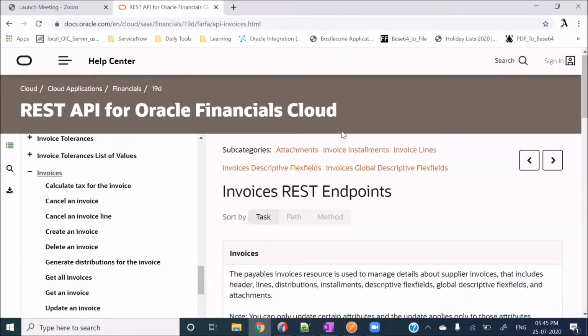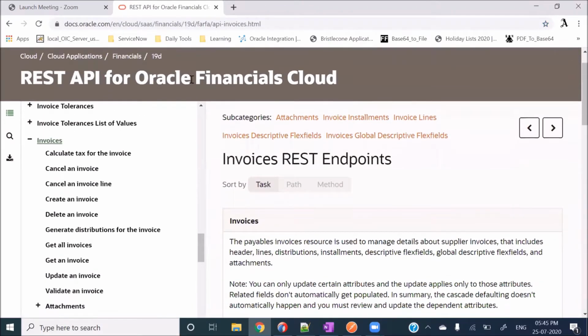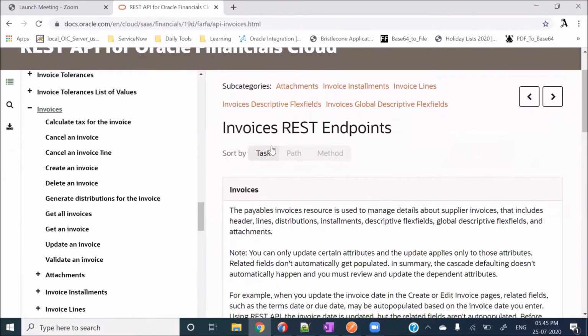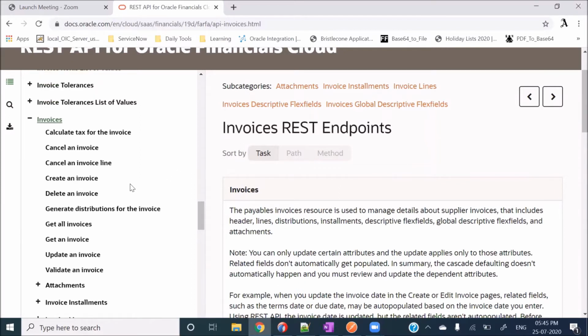If you come here, these are the REST APIs for Oracle Financial Cloud, and you can see that many REST APIs are available. I was talking about how we can retrieve the invoices from Oracle Financial Cloud. Here we have two APIs: first is get an invoice, another one is get all invoices.